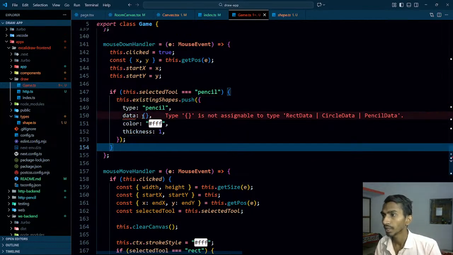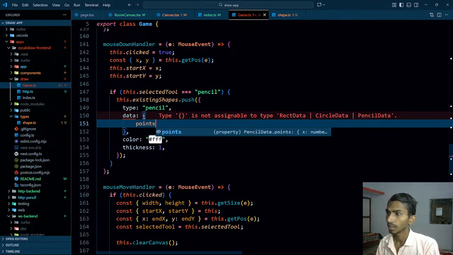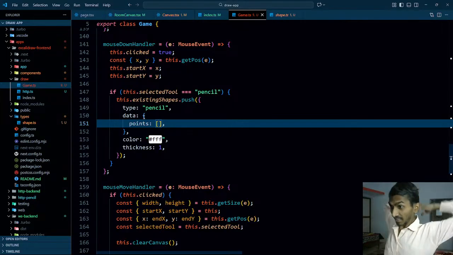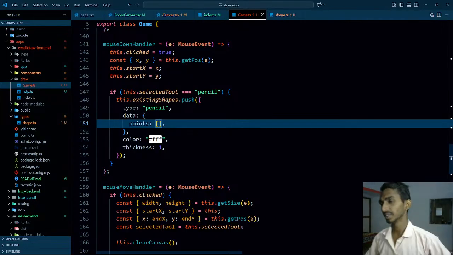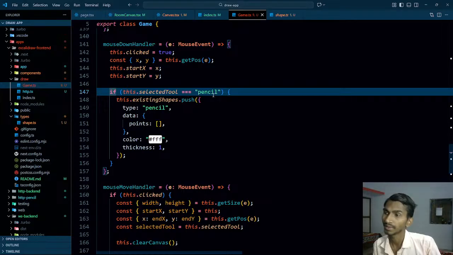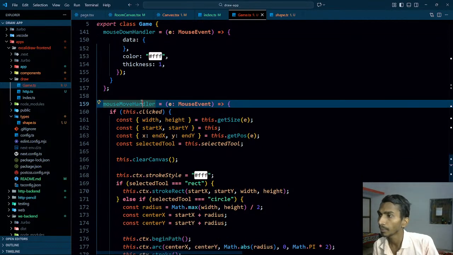And then I'm saving the data. Data will have points, and these points will be an array like this. But the thing is that this happens when I click the mouse, like when pencil is selected. What happens when rect is selected? If I click that and rect got selected, then I start drawing, and as soon as mouse move happens,